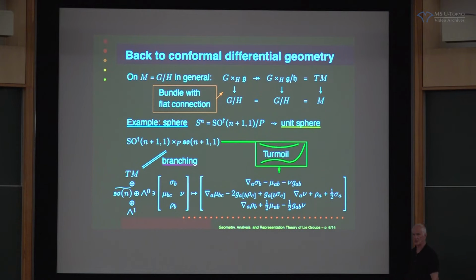And you can work out what this connection actually is. And after some turmoil, you'll find the formula for it. Okay, it's a little bit daunting when you first see it, because all I'm doing is taking something which is completely obvious from an abstract point of view and just writing it down in terms of the metric on the unit sphere. So for example, you can see that if I were to set this and this equal to 0, then all you'd be left with is this first line, which is just the Levi-Civita connection. Now this on the right-hand side is the round Levi-Civita connection on the round unit sphere.